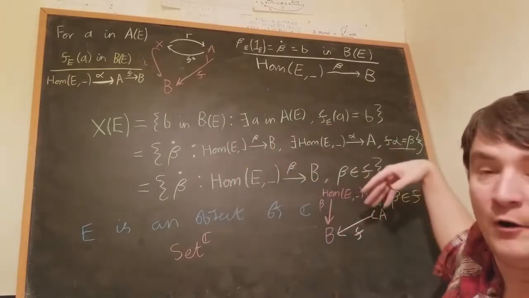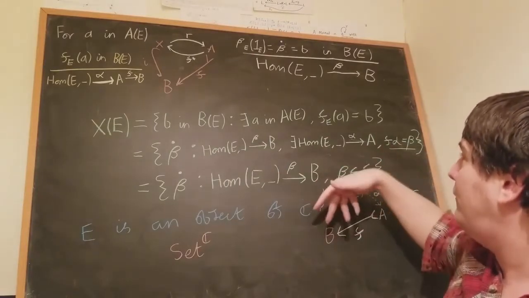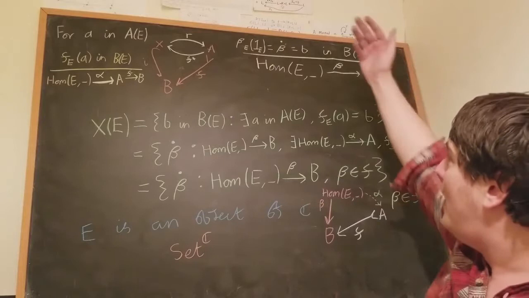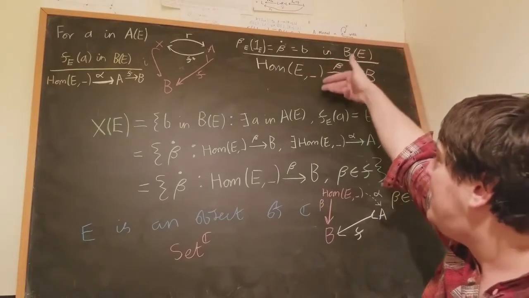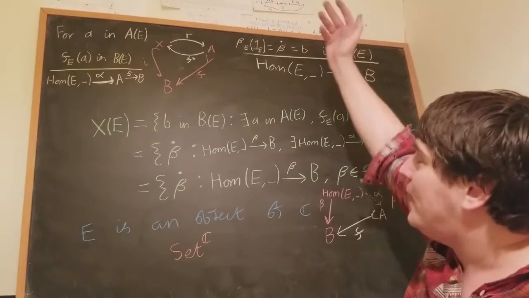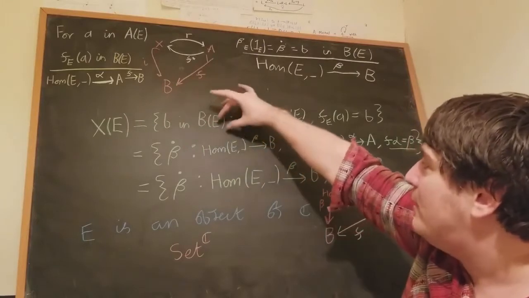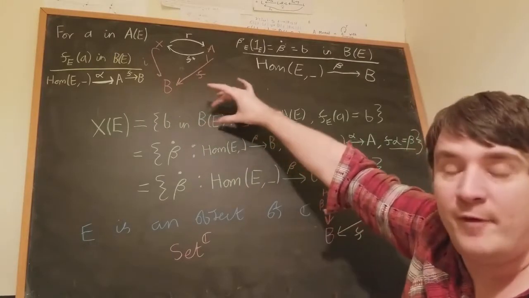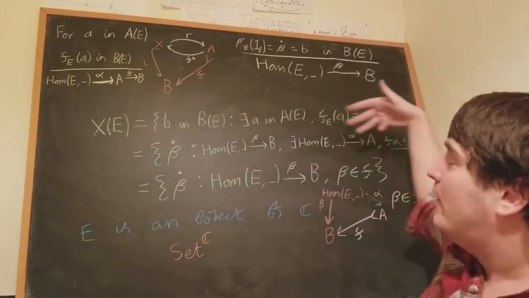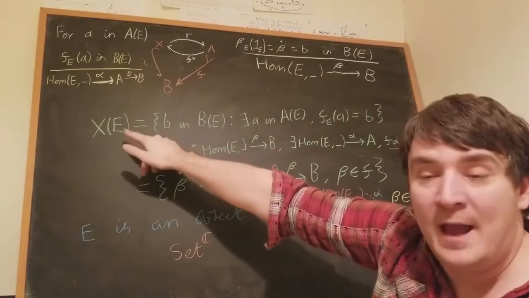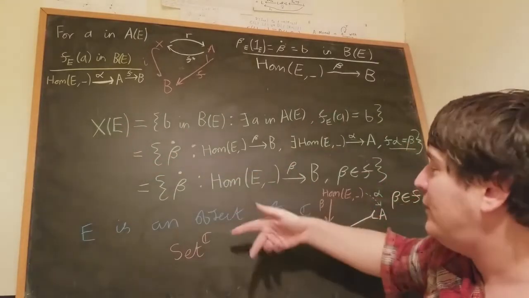under this Yoneda correspondence. So when we have a beta that's in F in arrow-centric terms, and then we use this Yoneda correspondence to go from beta to b, we end up with this element, little b, that we can consider to be in this set B of E, in this construction of x of E. And we make an x of E for every object of our category C,